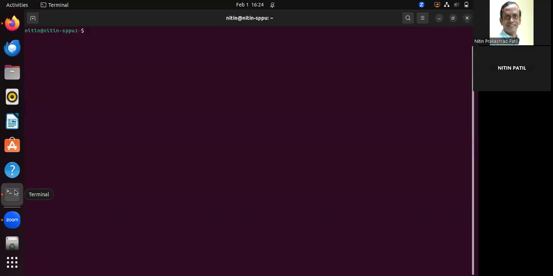Okay, so in this session, we'll try to see, when we write a C program and compile it, ultimately what kind of files are generated, and we are going to see some more details about them. So let us first write the program. Let us say we are typing the program .c